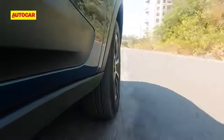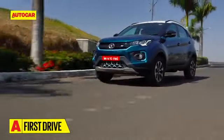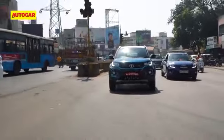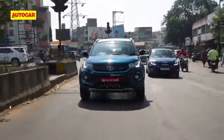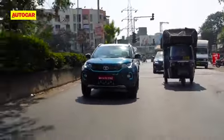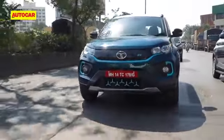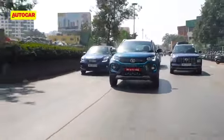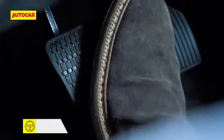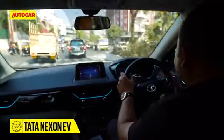With the heavy battery placed underneath, the springs and dampers are a bit stiffer. As a result, there's a hint of firmness to the ride. It isn't uncomfortable per se, but there's clearly a layer of stiffness now as it rides over busier and broken sections. Up the speed, however, and it comfortably rounds off bumps. The brakes are also excellent. Now, normally when you have regen braking, the brake pedal feels spongy, but not here. There's a lot of bite, plenty of confidence, and it just gives you a great deal of comfort when you're